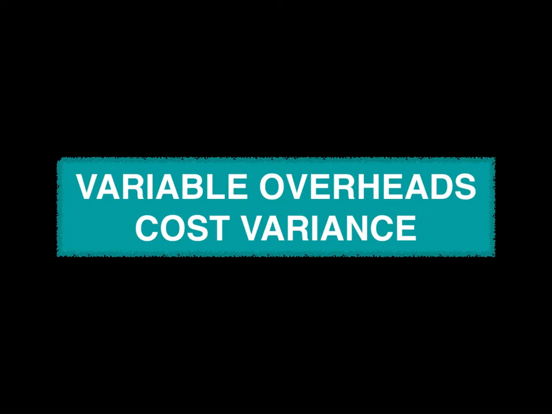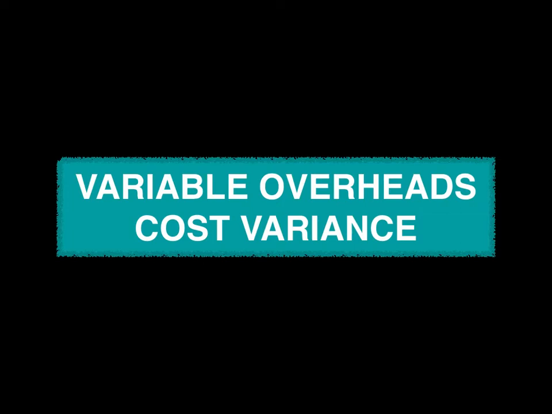Overheads means indirect cost, indirect material plus indirect labor plus indirect expenses. Now, the difficulty that we faced with the indirect cost is how to charge it to the finished product or the job or the service, right? It was very easy to allocate the prime cost to a particular unit, but it was difficult to charge overheads to one particular unit.